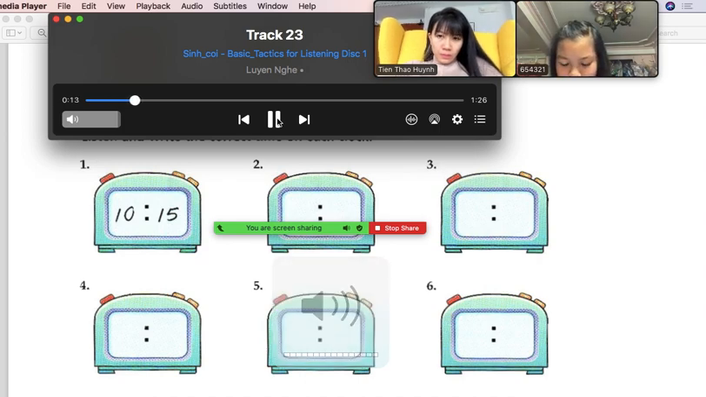Unit 4. Let's listen. Listen and write the correct time on each clock. 1. Excuse me, what's the time? It's